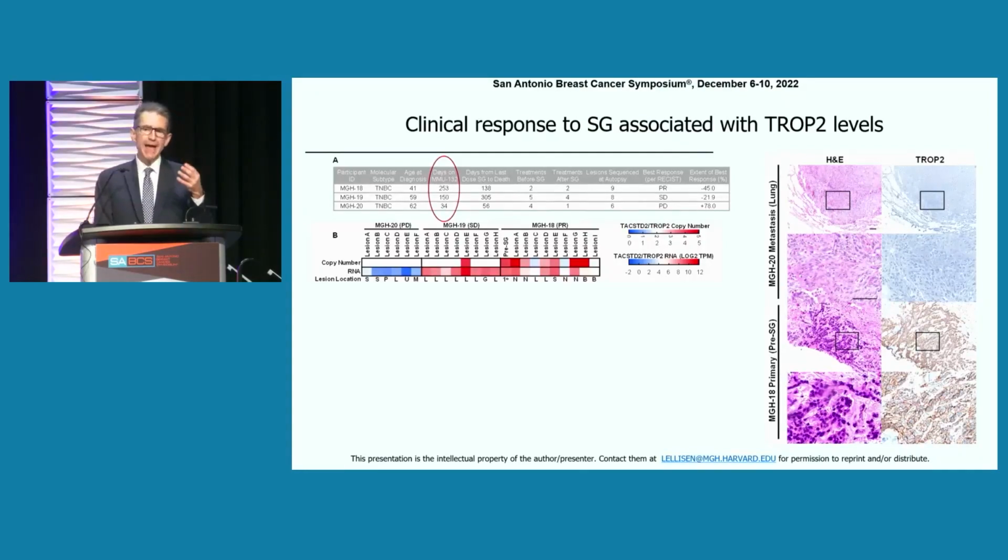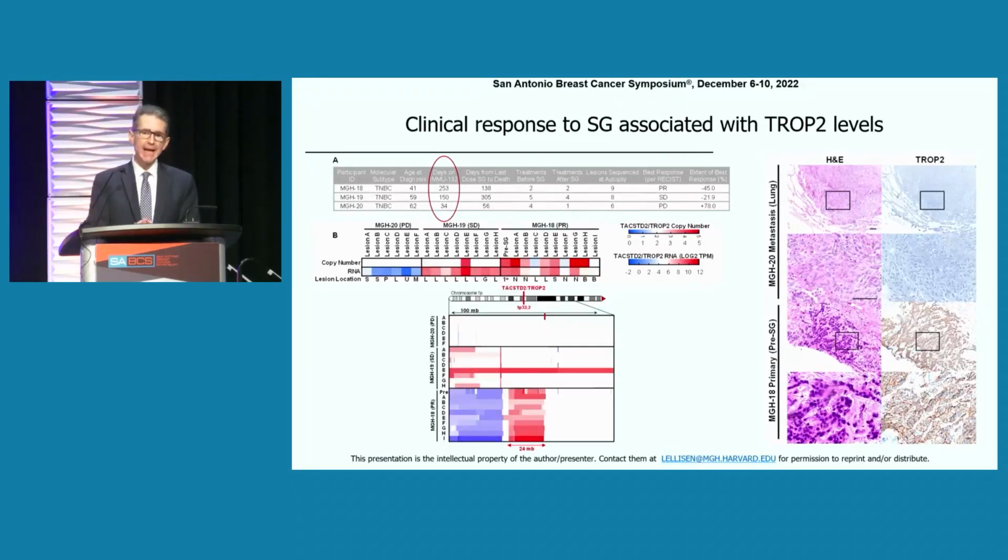One of the patients had a very dramatic response, more than 8 months on the drug. Another patient had an intermediate response, 5 to 6 months, and another patient clearly had de novo resistance. When we looked at TROP2 levels, indeed the patient with de novo resistance had 0 TROP2 at either the mRNA level that's shown in the blue or the IHC that's shown on the top right. Interestingly, the patient who had the deep and prolonged response not only had high levels of TROP2 protein and RNA, but also genomic amplification of the TROP2 locus on chromosome 1p.